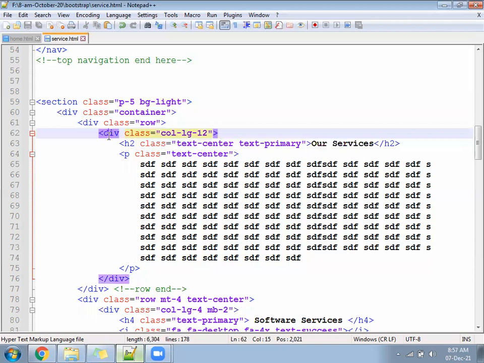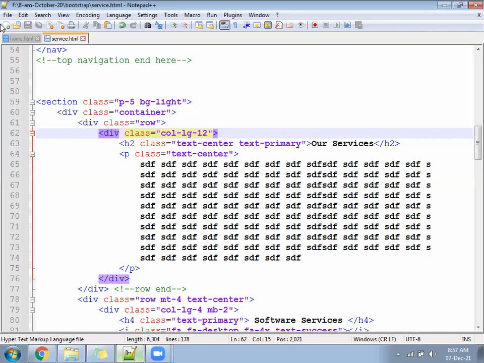Remaining, all let it be the same. Clear?